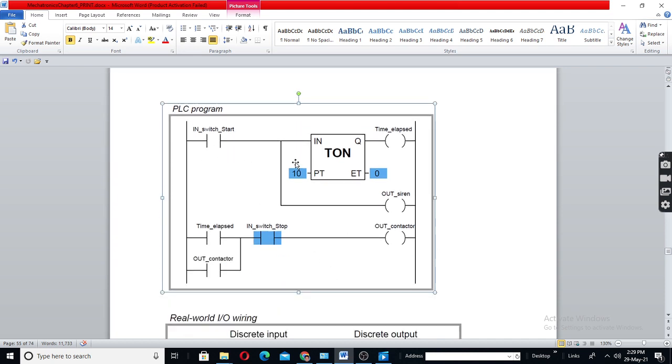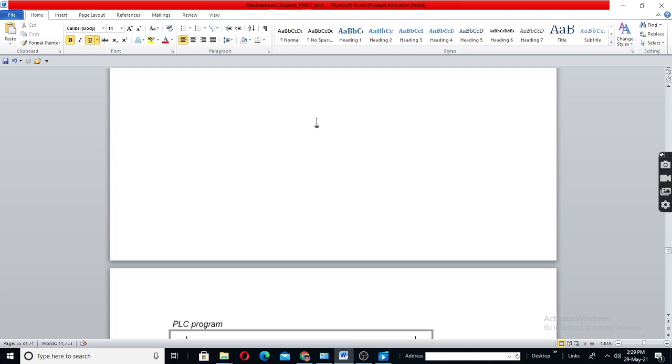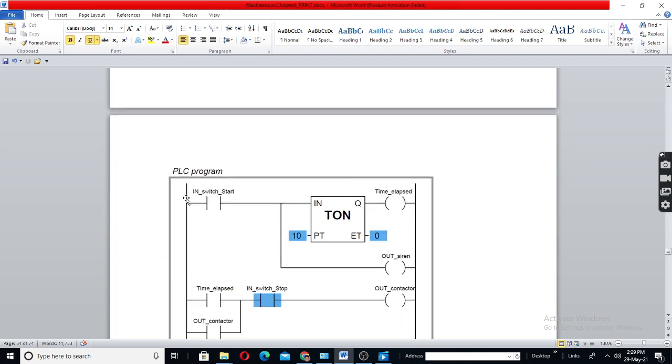Ladder means, see, this is like a ladder.